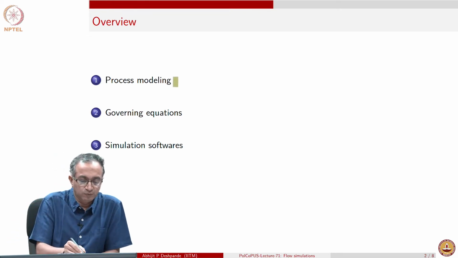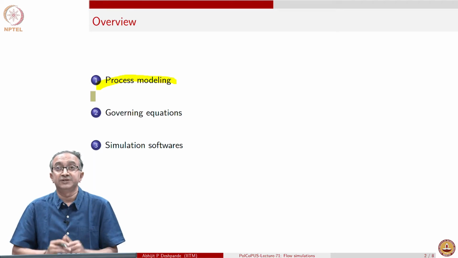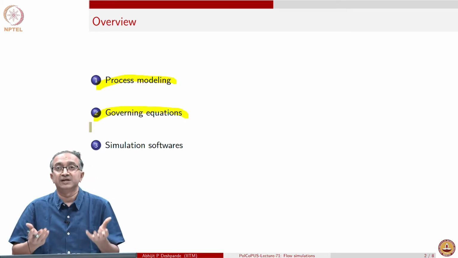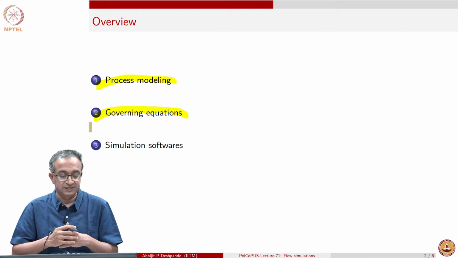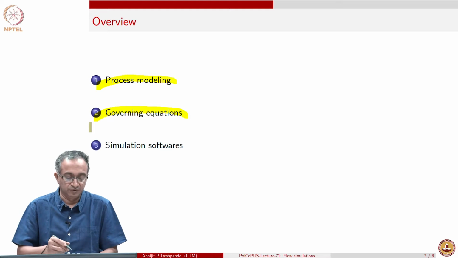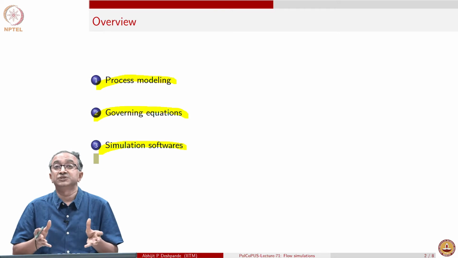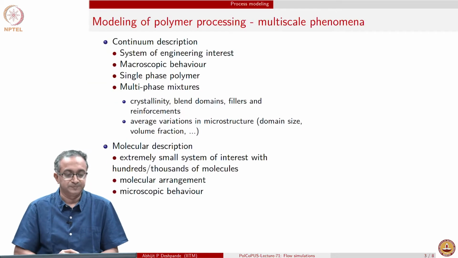So, we will look at quickly what is involved when we try to do this process modeling, why do we need to do it, and we will look at the governing equations which are solved numerically by these simulation softwares. Given that in this course the emphasis was on polymeric materials, we will look at all of these from polymer processing point of view alone, and then stop with just looking at a survey of what is the range of softwares which could be available or what is the basis behind many of these softwares, without going into commercial aspects of what are the specific set of softwares available.